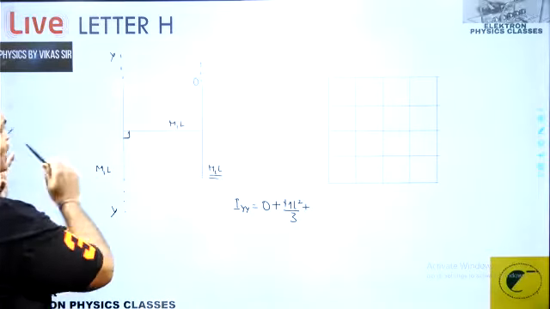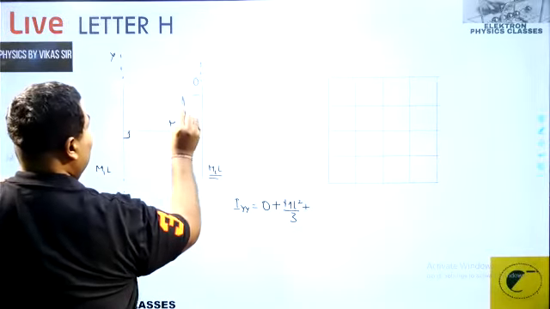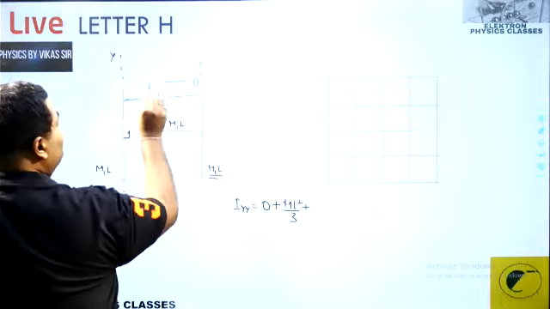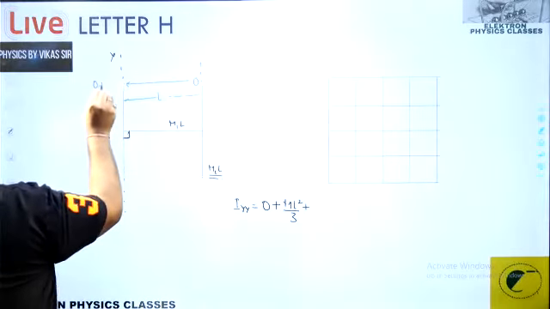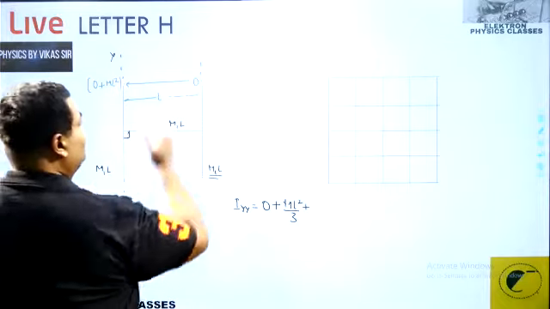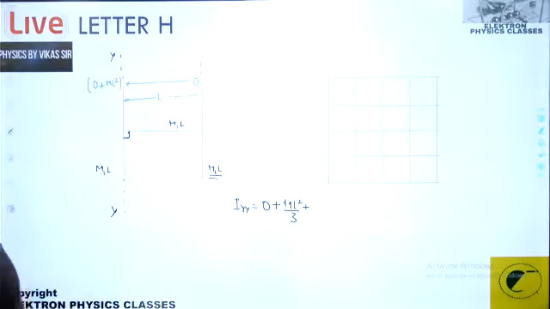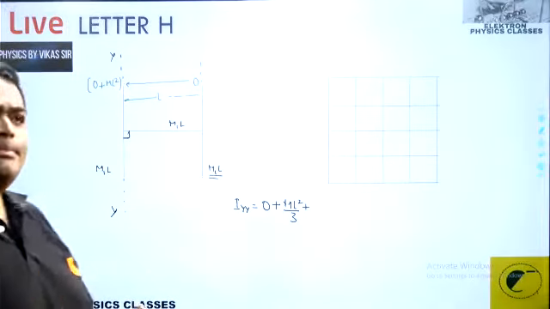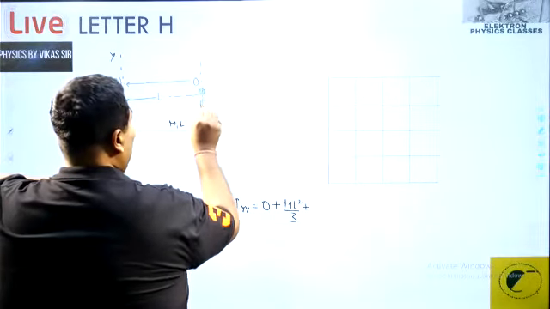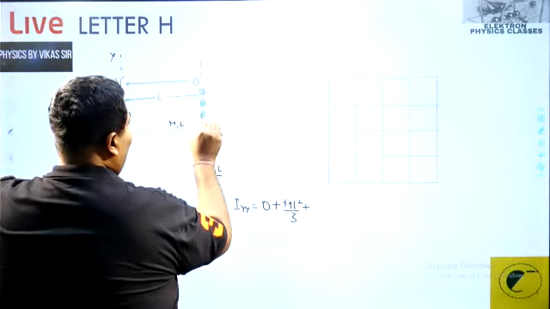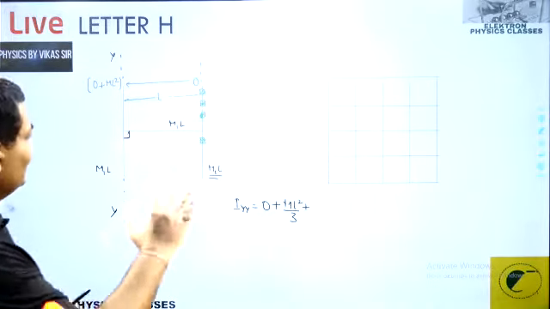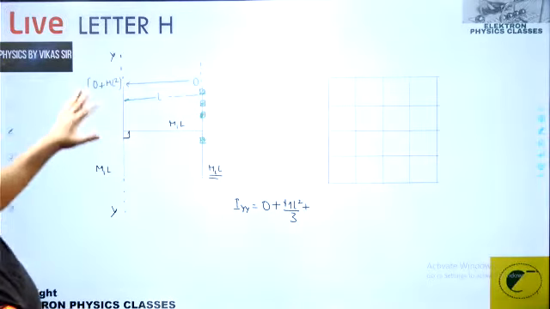If we apply the parallel axis theorem, this is the perpendicular distance. How much? L. So if I shift this result, it will become 0 plus ml square. That's the moment of inertia of this with respect to this. Another way of thinking is simple: each particle on this rod is at an identical distance L from this axis. So dm L square, dm L square, dm L square, so that becomes ml square.